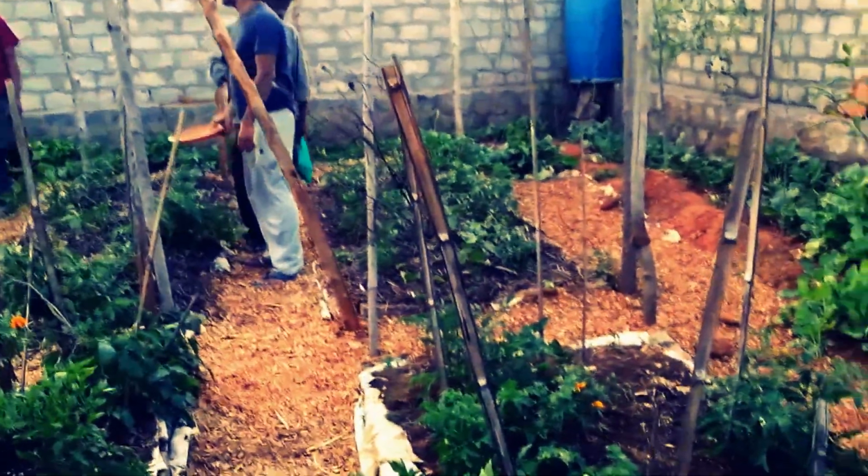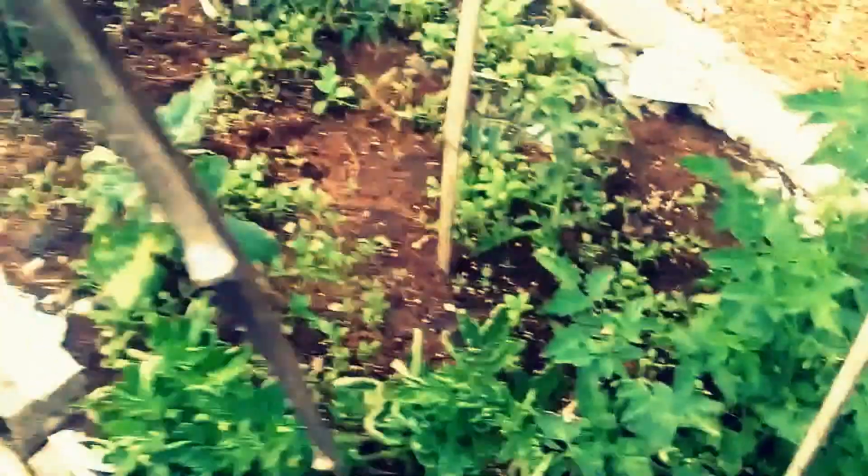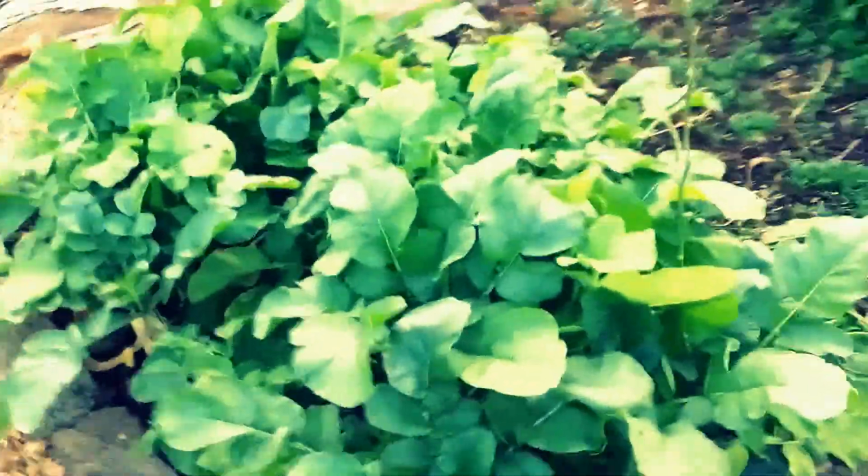The garden is looking excellent. The garden is looking more than excellent, I would say. You see lots of green tomatoes here. Beautiful stuff. Lots and lots of produce. We are harvesting some tomatoes. As you can see, the boys are harvesting tomatoes there. We have harvested lots of greens from this, and more greens are coming up. Aubergines are doing great. Basil is doing good. And if I walk this way, I'll show you a couple more